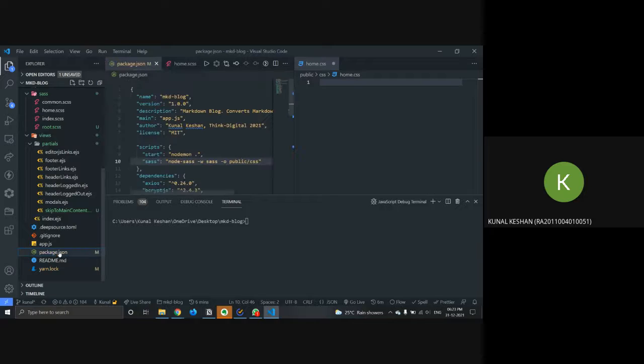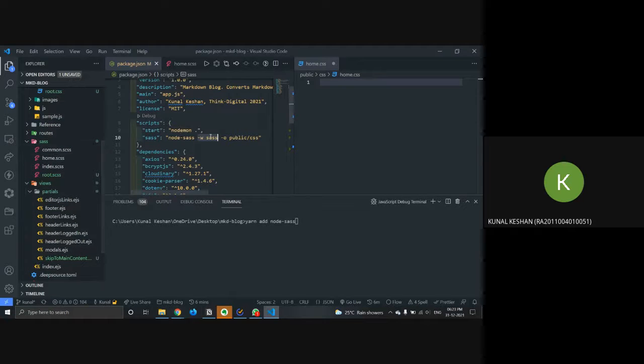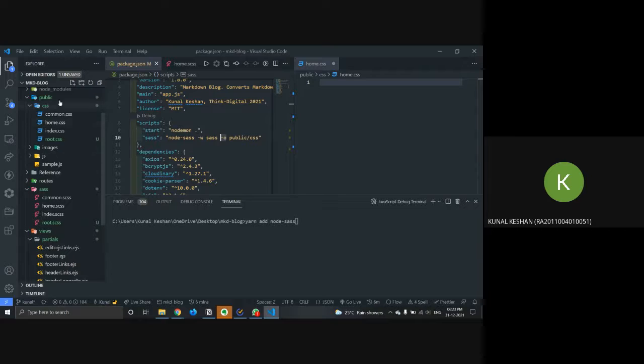So to use SASS, all of you have to install it: yarn add sass, and put a dash g flag if you want to use it globally. All right, and yarn add node-sass. Okay, so these are the two packages we'll be needing. And what I've basically done is I've created a script called sass that runs the node-sass library, with dash w and sass. So there's a sass folder, right? So dash w means watch this folder, and dash o means output. Whatever changes are there in this folder, output to my public CSS folder in this case.